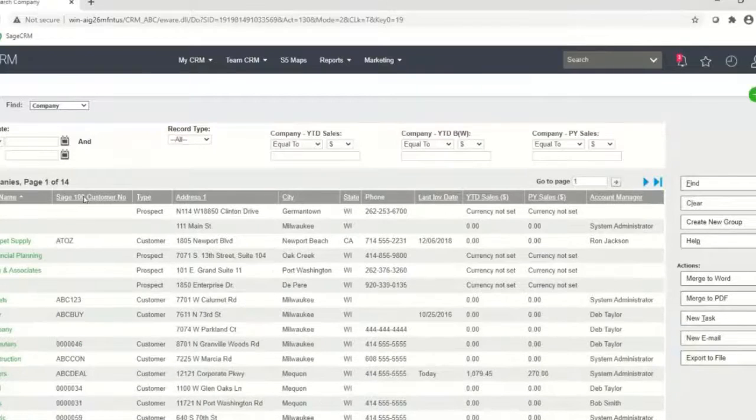Several of those records have customer numbers. You see those all came over from Sage 100. The ones that don't have customer numbers, those are tagged as prospects. If I pull up a customer,